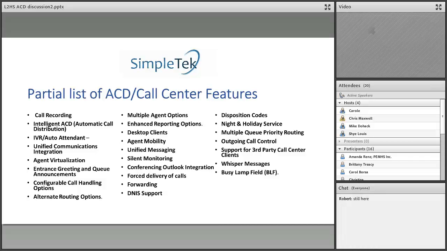Unified communications integration, which I just talked about. You can have virtual agents, so you don't need everybody in your building now. And so you can usually attract people that wouldn't be available through today's world. You can integrate them. Really, I'm not going to sit here and read all of these things to you, but you can see that there's a lot of features here designed to make the call experience better for you, better for staff, and better for the people making the phone calls.